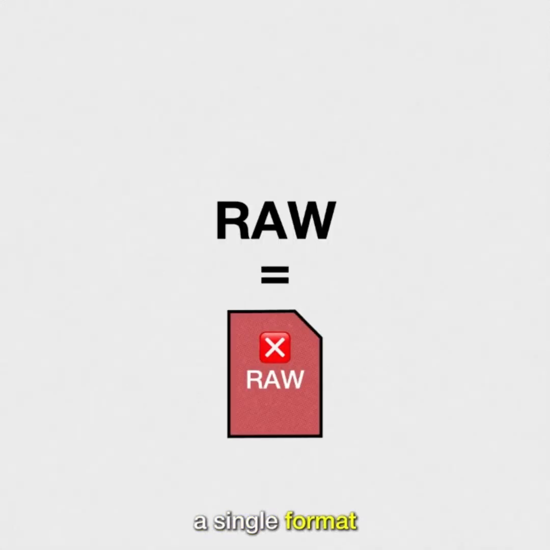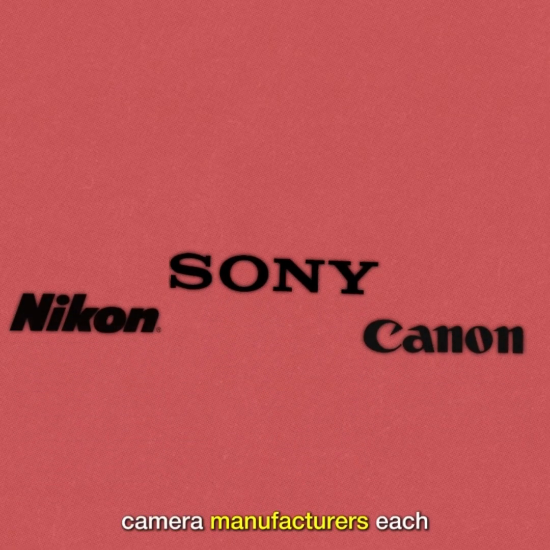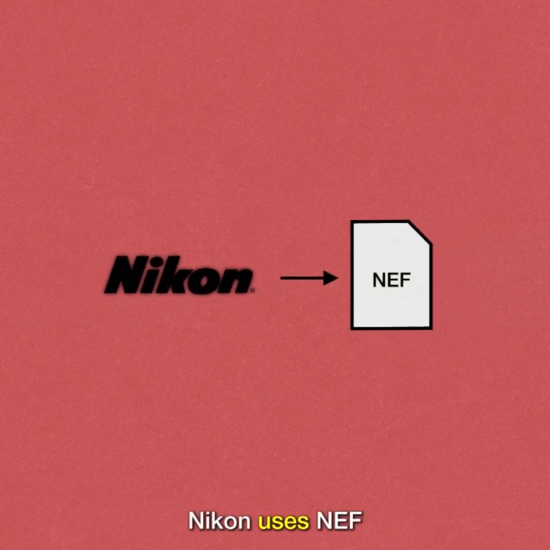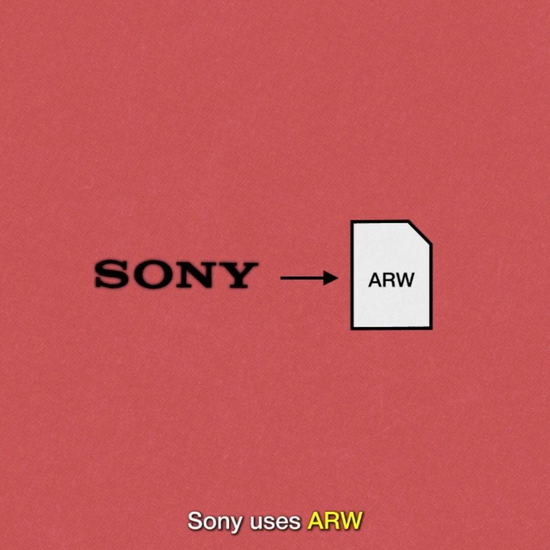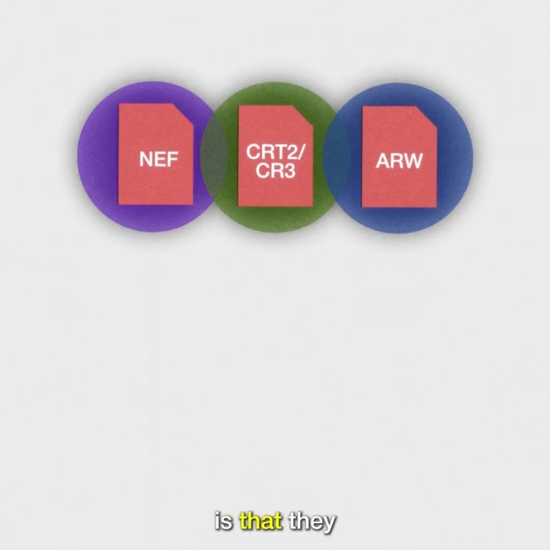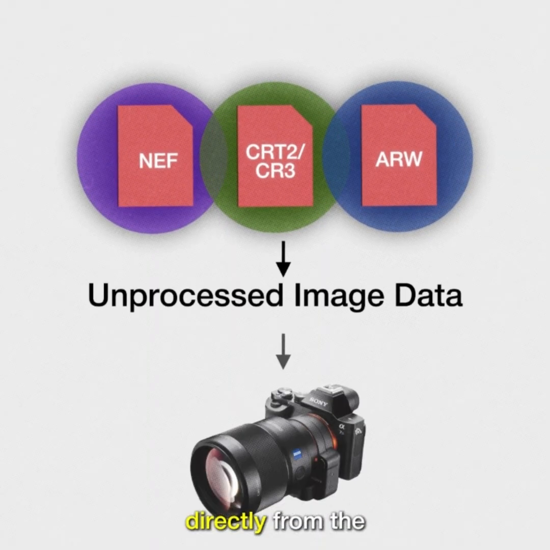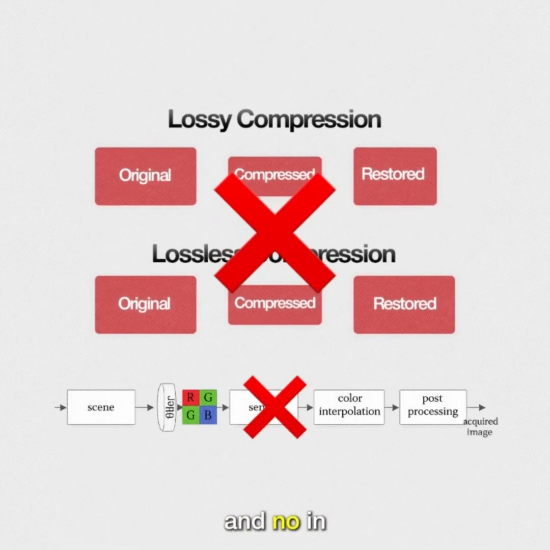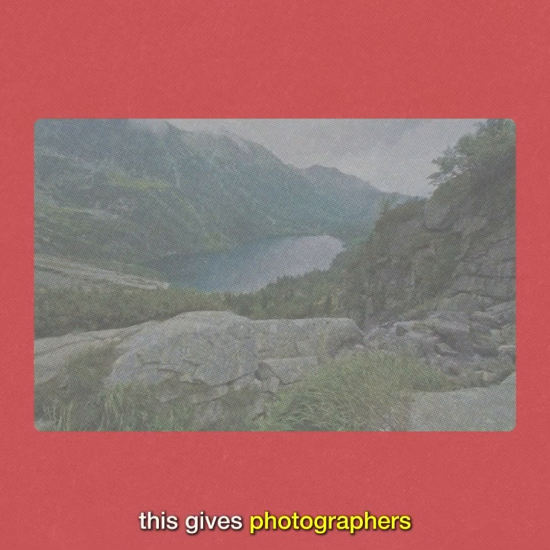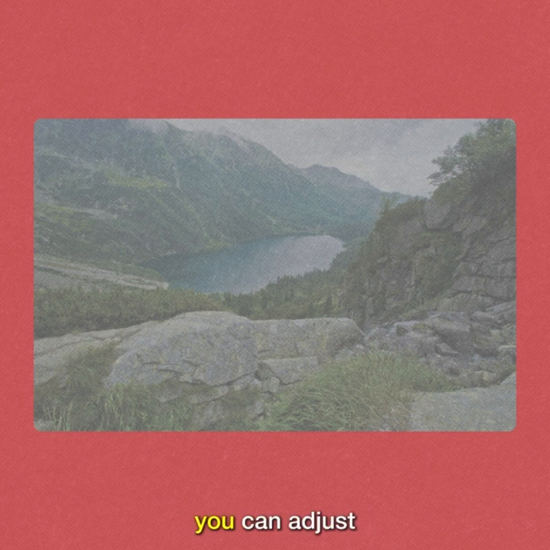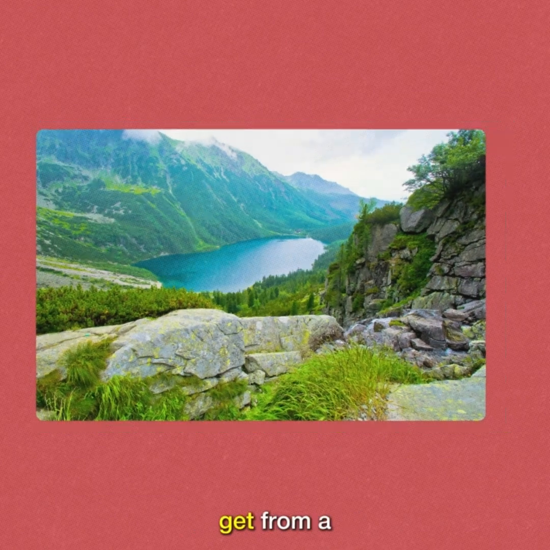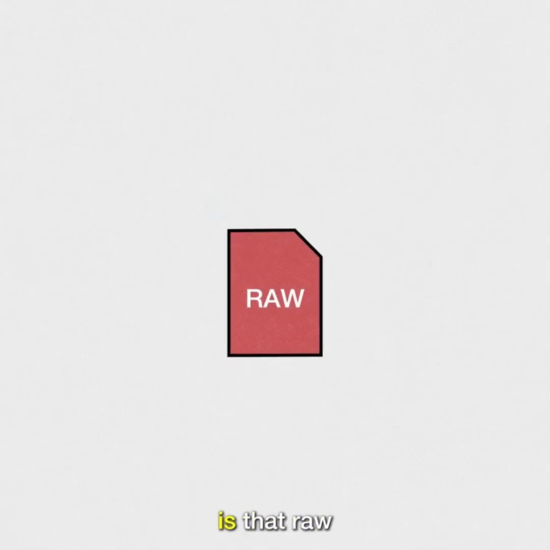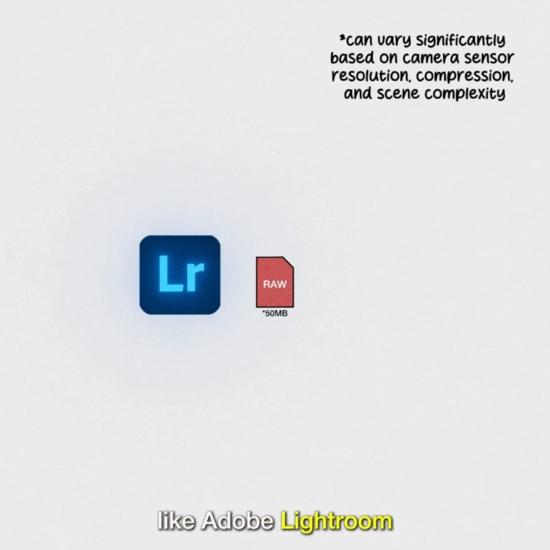RAW is not a single format, but a category of formats. Camera manufacturers each have their own version. Nikon uses NEF, Canon uses CR2 or CR3, Sony uses ARW, and so on. What they all have in common is that they store unprocessed image data directly from the camera sensor, with no compression and no in-camera processing applied. This gives photographers complete control in post-production. You can adjust exposure, white balance, color, and sharpness with far more flexibility than you would get from a JPEG straight out of the camera. The trade-off is that RAW files are extremely large and require specialized software like Adobe Lightroom or Capture One to